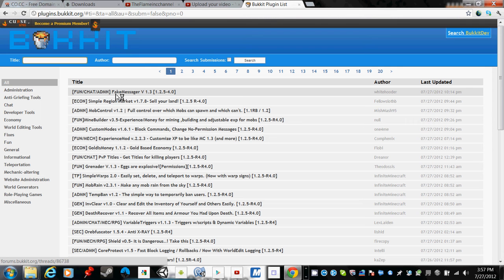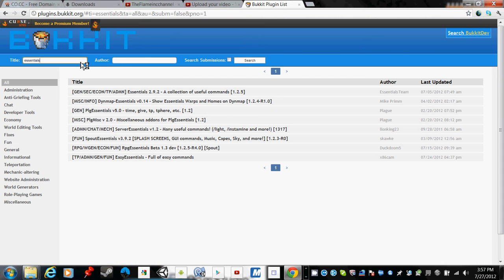Now the first thing we would want to get is Essentials. And basically, if you want a server, like if you've played on a server, that's basically all you'll need. So you'll get this one right here, Essentials 2.9.2. So you click on that,